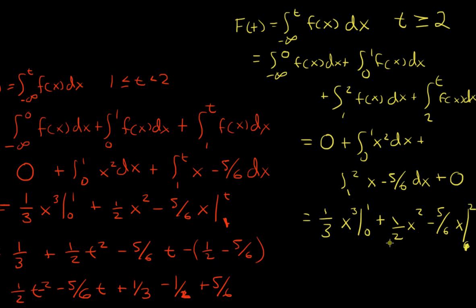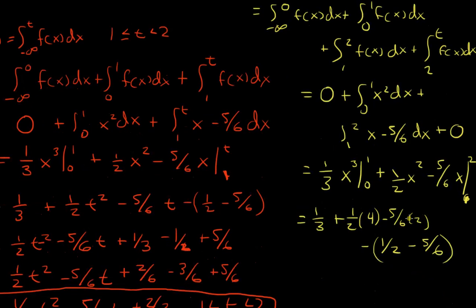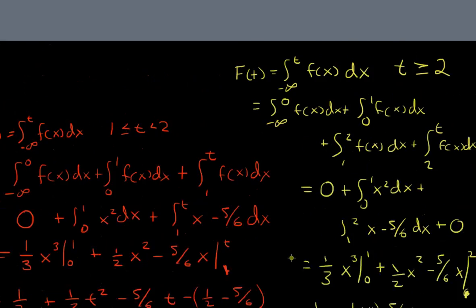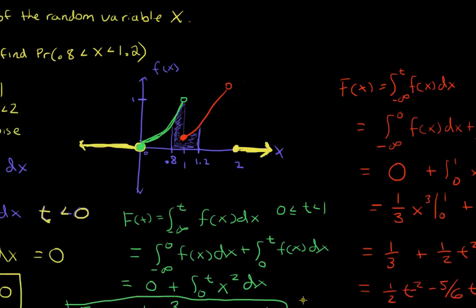So 1 to 2. Okay, so this would be 1/3 plus 1/2 times 4 minus 5/6 times 2 minus 1/2 minus 5/6. If you plug this into your calculator or solve it using common denominators, you should get 1. So when t is greater than or equal to 2, the value of F of t is 1, right? Which makes sense because the area